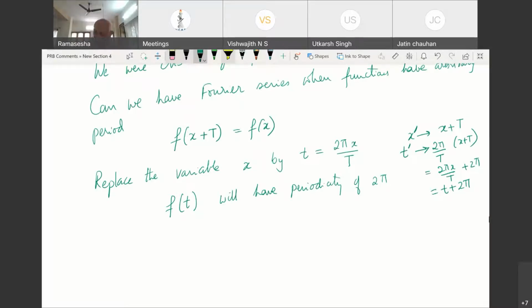Because I have the following, I take x dash equal to x plus T. Okay, then showing here, which means that if f of x plus capital T is equal to f of x,